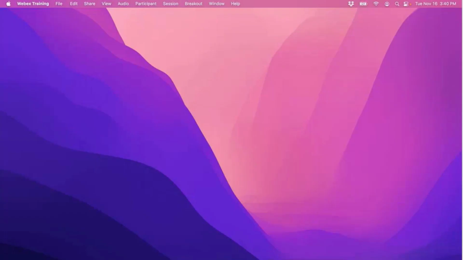Okay, we've hit in PowerPoint, and you might notice that I've just got the desktop up for macOS Monterey. We're going to be focusing on Mac today, as the calendar item mentioned. There are some